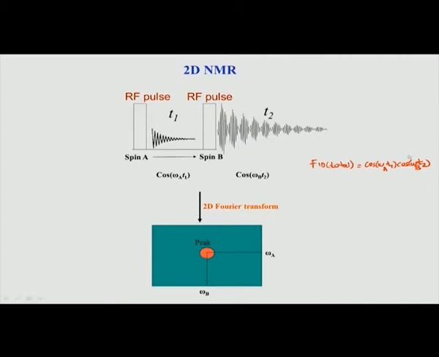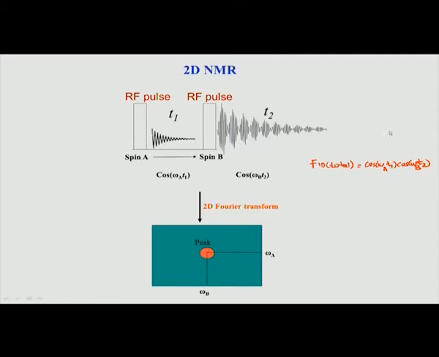Okay. But if it is also affected by omega b, and I do another Fourier transform along omega b, I get the respective chemical shift omega b. But because these two are intermodulated, the Fourier transform will give me two frequencies, one frequency for this, one frequency for this, because T1 is different from T2. So in a mathematical sense you will now get a frequency on one dimension, around T1, that corresponds to A because it is coming from this factor, and along the second frequency dimension it is coming from B.